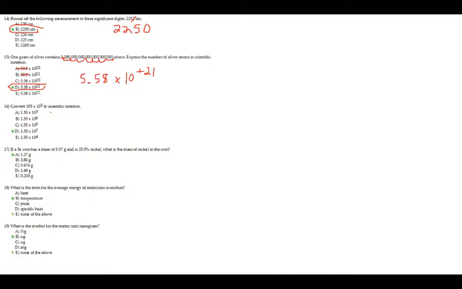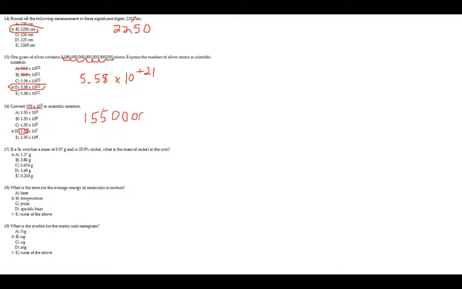16, scientific notation. Okay, it's not in scientific notation because it's 155. It needs to be 1.55. Okay, and so there's a couple ways you can do this. I would expand this out and type in my calculator 155 times 10 to the 5th, and you'll get 155